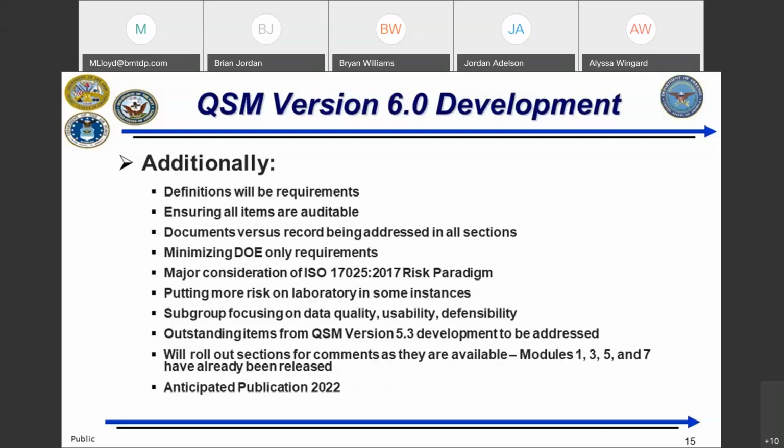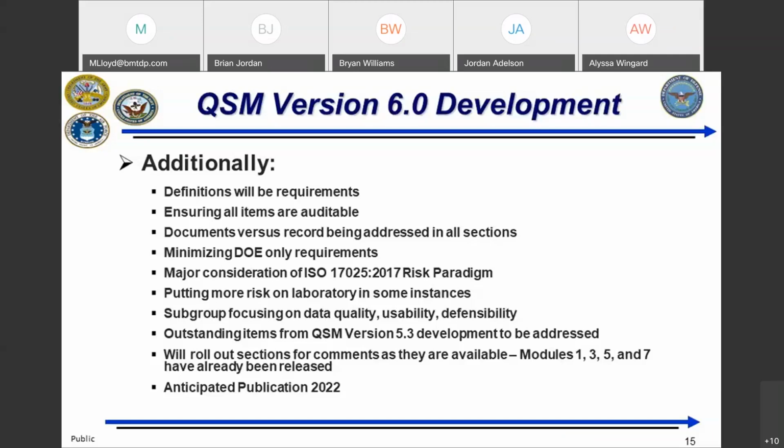Additionally, some of the other things we're looking at, definitions are going to be requirements. We are working very hard to ensure all items in the QSM are auditable. Documents versus records, the nomenclature is being addressed in all sections. We are trying to minimize DOE-only requirements. We see ourselves as a team with the Department of Energy, and we want to align our requirements to the best of our ability. We have done major consideration of the ISO